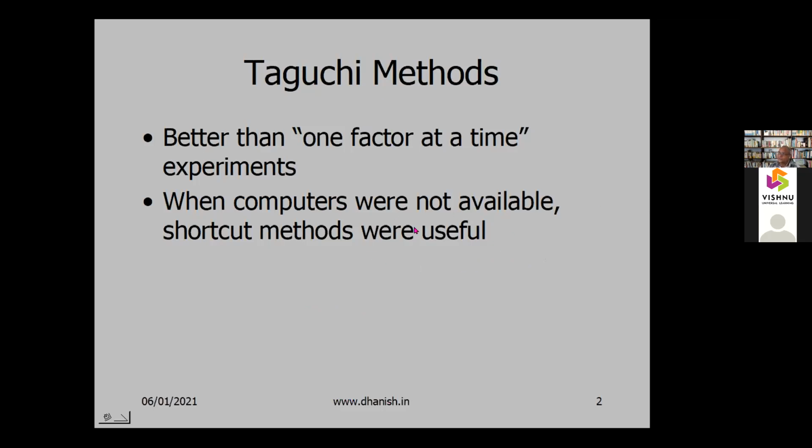So in those days, when computers were not there, Fisher's method for analysis of variance and all was very complex. Even now, with the calculator and the computer, we find it very difficult to do. So you can imagine in the 70s. That's why Taguchi came up with some very graphical and simple methods to compare. Now we don't need that.